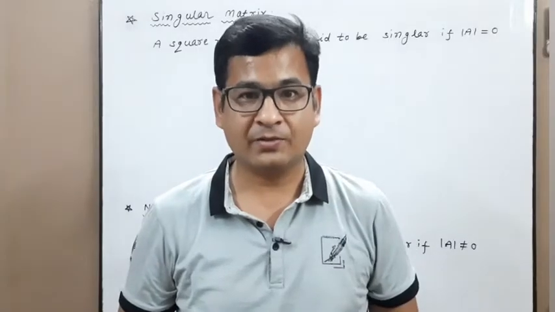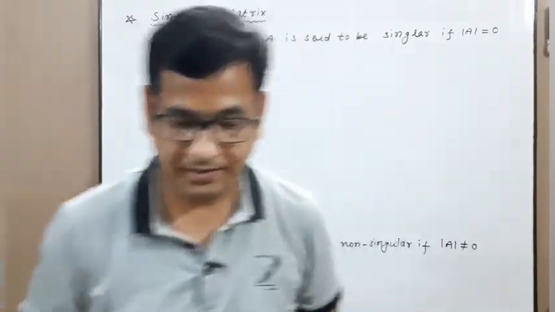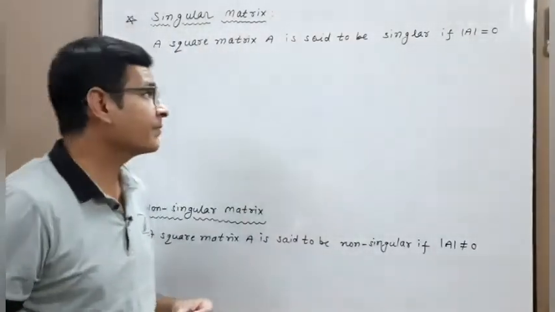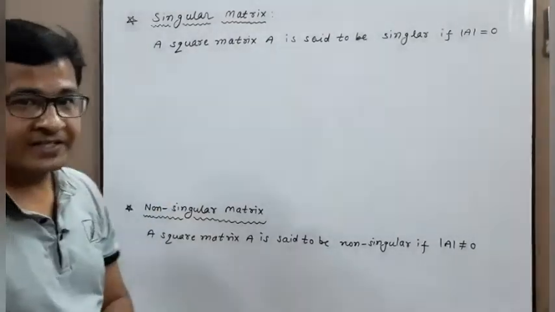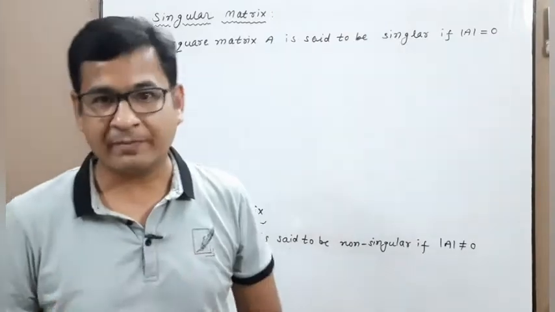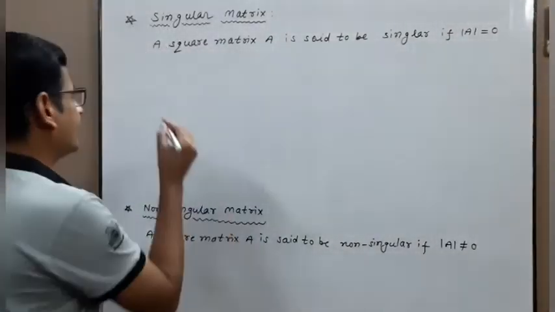Hello students, today we are going to discuss inverse of a matrix. First of all, singular matrix. A square matrix A is said to be singular matrix if determinant A equal to 0. For example,